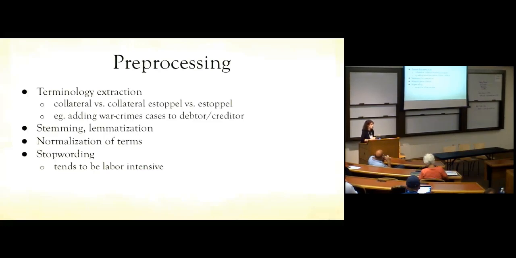Normalization of terms, which is just taking the variety of words or phrases that are associated with a single concept and reducing them to the concept in cases where you don't care about having that kind of resolution. A favorite example of mine is that there are areas of the Code of Federal Regulations that contain a large number of geographical coordinates. And when we were working on the CFR model with engineering students and with Jonathan, we decided that for our purposes, it was enough to say coordinate for each one of those, and they just collapsed all of those different numbers into a single term.